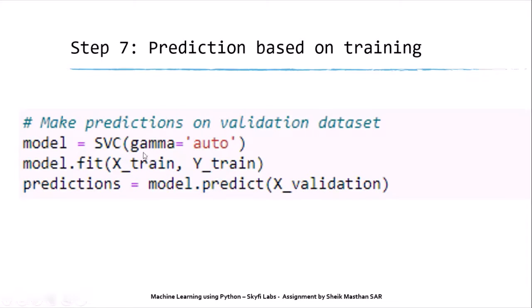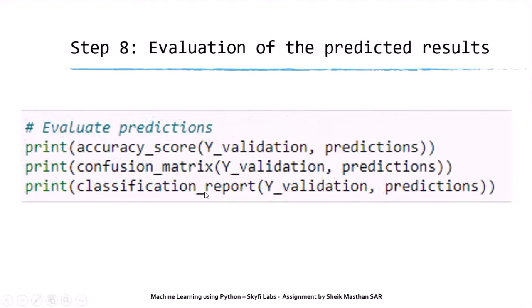So we are going to predict using this particular model, with the remaining 20 percentage data. Like we mentioned earlier, the training is done on 80 percentage of the data, and the 20 percentage of data that was not involved in the training is used to check whether the model has trained properly. Here we are evaluating whether the prediction is close to the actual value or not. For that we have accuracy scores, a confusion matrix and so on, which we'll see during the execution of the code.